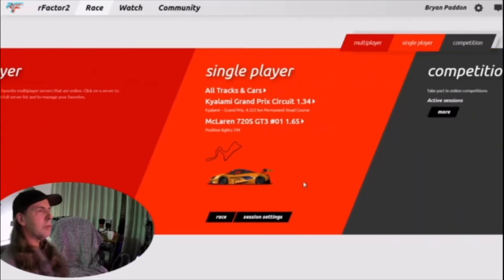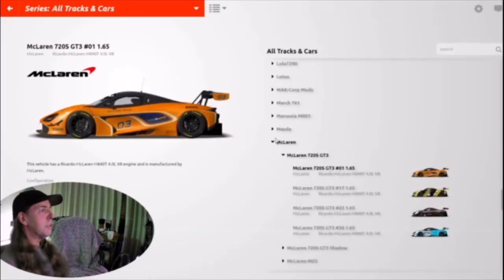We were in Kyalami before. I was there and I was fooling around in these McLarens. But what I was thinking about today was not a traditional McLaren with lots of downforce and wings, all the stuff you need to go fast and stay on the track. And instead, I was thinking,